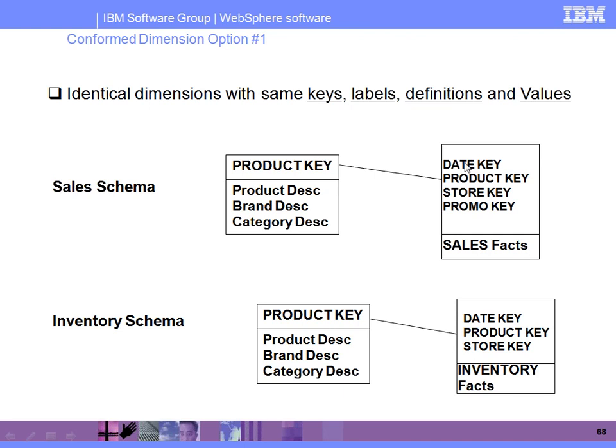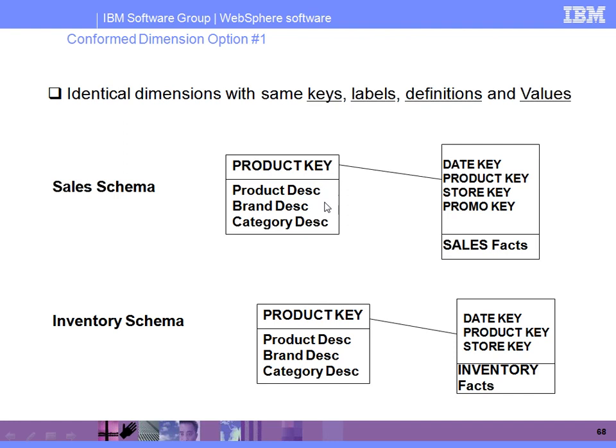Here we have a sales schema, meaning a sales fact table. We have, for example, one dimension table called product. The product dimension table has product key, product description, brand description, category description, and all the columns. And we have one fact table, the sales fact table, with date and product key, multiple dimension tables surrounding it.